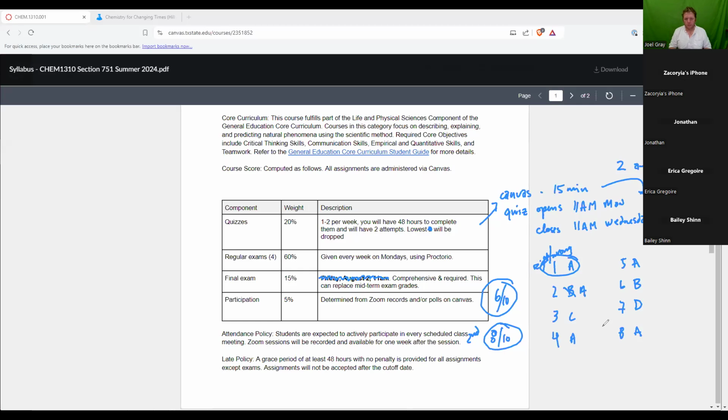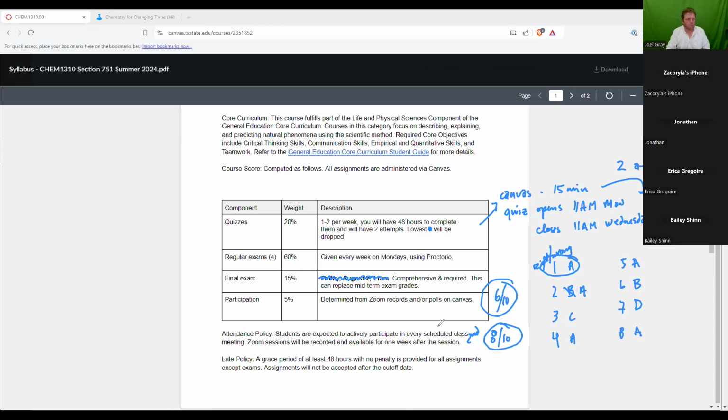When you take your quizzes, you are more than welcome to use a scratch piece of paper and write down your notes. You could conceivably take screenshots for reference, but I would recommend just using a piece of paper and writing notes, like, question number 1, this is what I came up with as my answer. And then after you've gotten your score feedback, you can say, okay, this one I feel good about, these two I need to revisit, and that's the one that I think I got wrong.